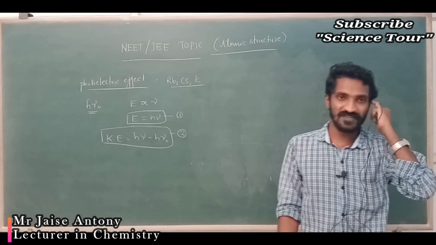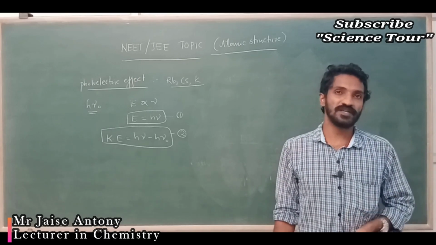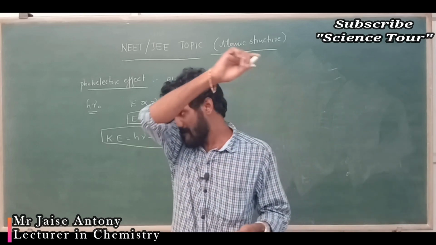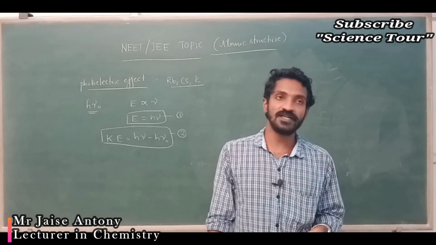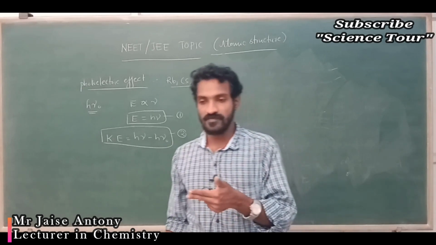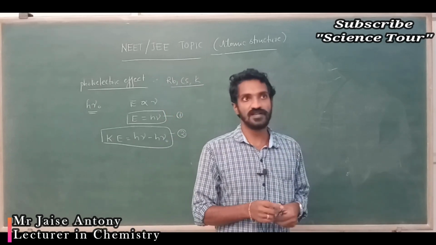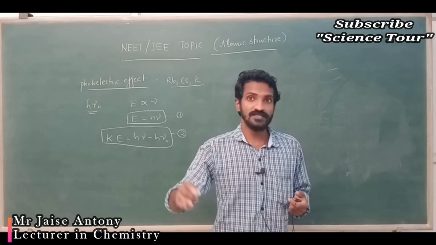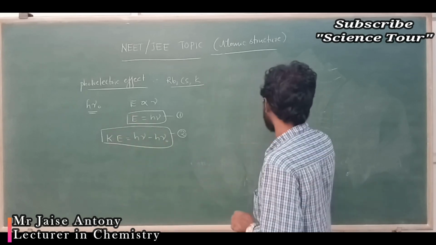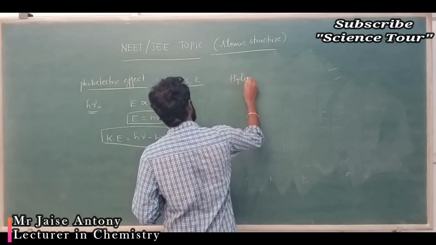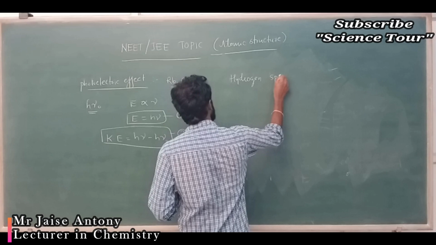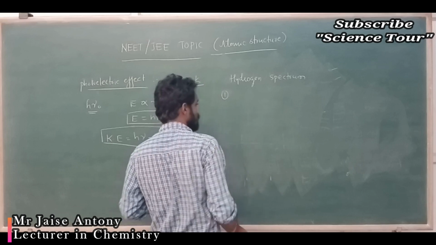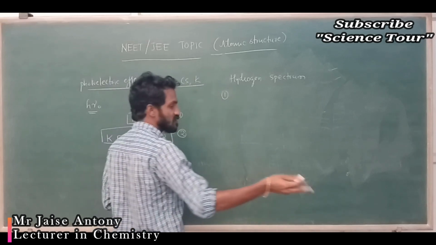Okay, my dear students, after that we studied about hydrogen spectrum. In the hydrogen spectrum, hydrogen gas is taken in a cathode ray tube and high voltage is supplied. During that time, it emits radiation, and that emitted radiation passes through a prism, and it gives 4 different colors. These colors are arranged in a series of lines. Which are the series of lines in hydrogen spectrum, my dear students? Very short and very important. Different wavelengths are named in different series.